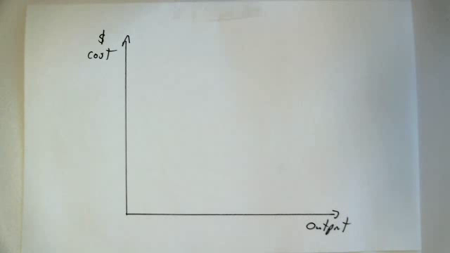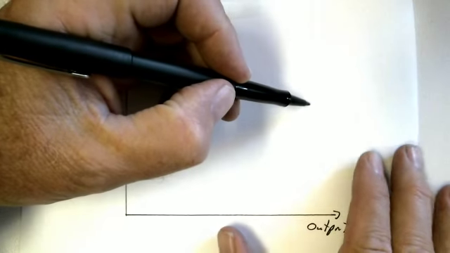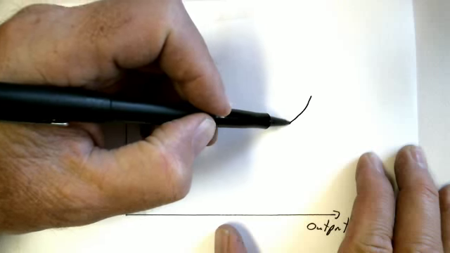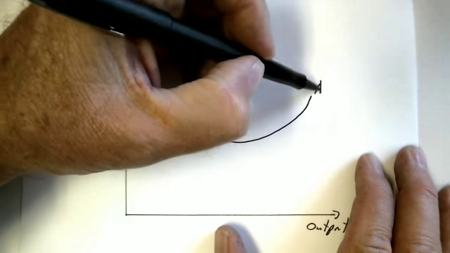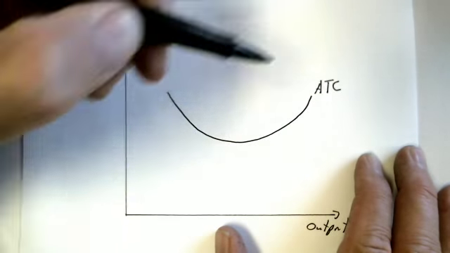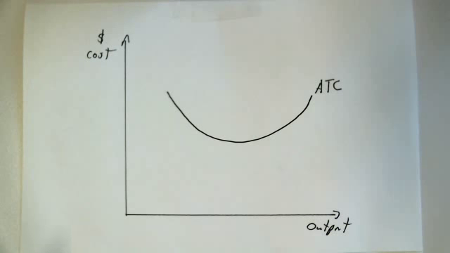Let's draw the average total cost curve first. It's really very simple. It makes a bowl shape. Average total cost makes a bowl shape. An easy way of thinking about it is, if you remember the assumptions that we started